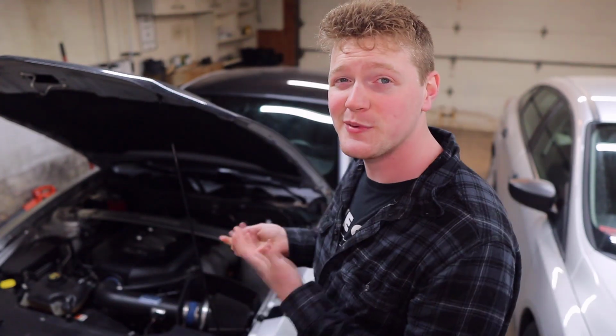I've never done spark plugs on this engine. Obviously, I haven't owned this car for very long. This is the only Coyote car that I've ever owned. I think we should pretty much just start with getting the coil covers off of this, but before we do,